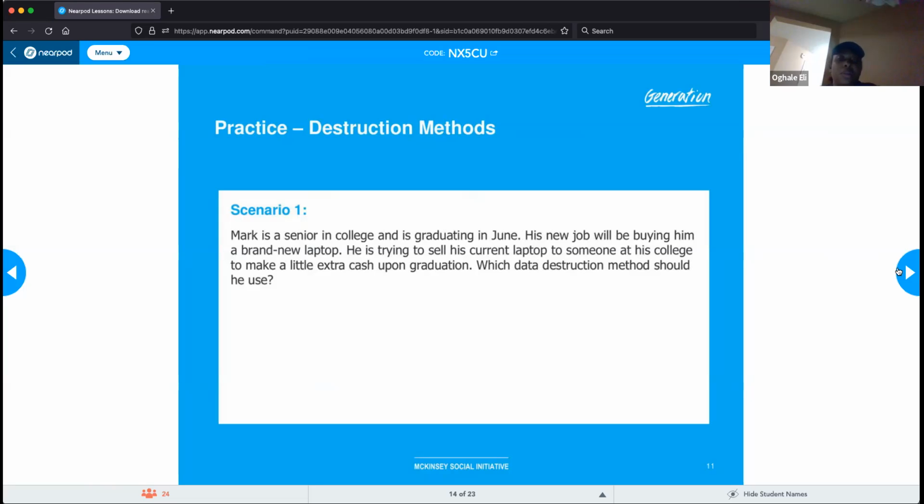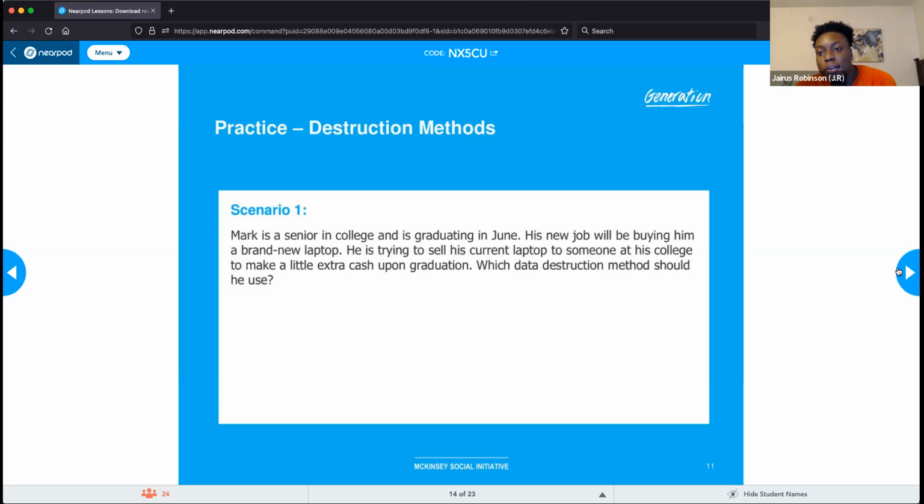I have a question. We were talking about the drill and the hammer. What are they used for? Well, the drill would drill holes down into the hard drive, going down through the platter, so that it can't be used. The hammer would smash it and deform it so that it can't be used. Okay, just to destroy them, right? Yeah, physical destruction. Yes. Okay, I just want to make sure that I got it right. Thanks. No problem.